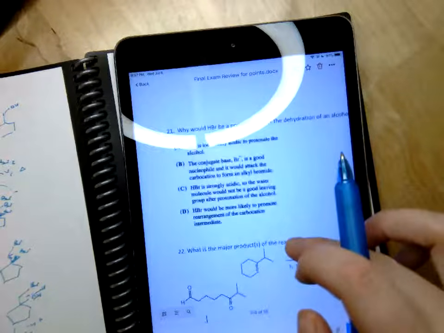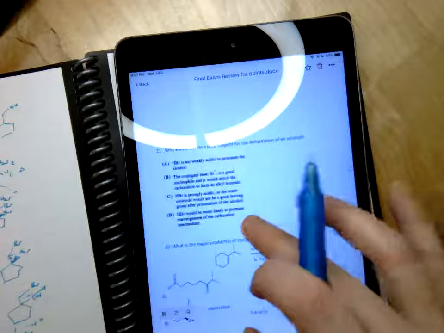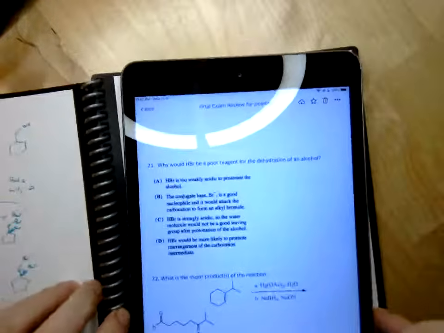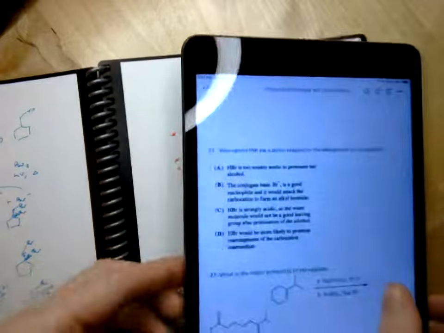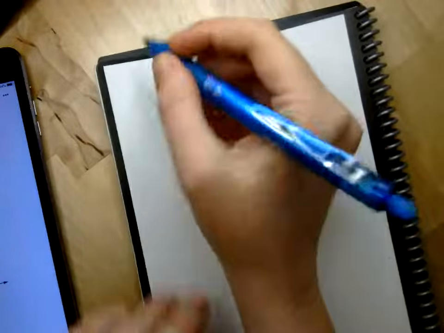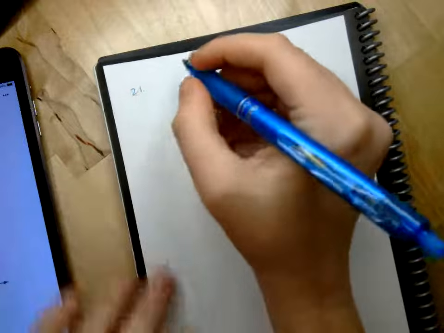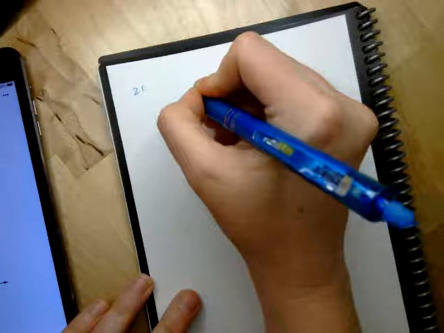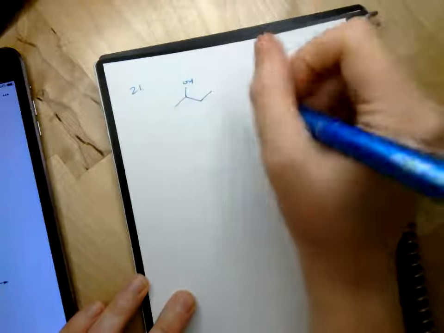Why would HBr be a poor reagent for the dehydration of an alcohol? So this is kind of an interesting question. I liked it because it was a little bit different. And so I'm going to draw out the dehydration of an alcohol. Typically what we see in dehydrations of alcohols, it depends on if it's primary or secondary, if it's going to go by E2 or E1, but we have an alcohol